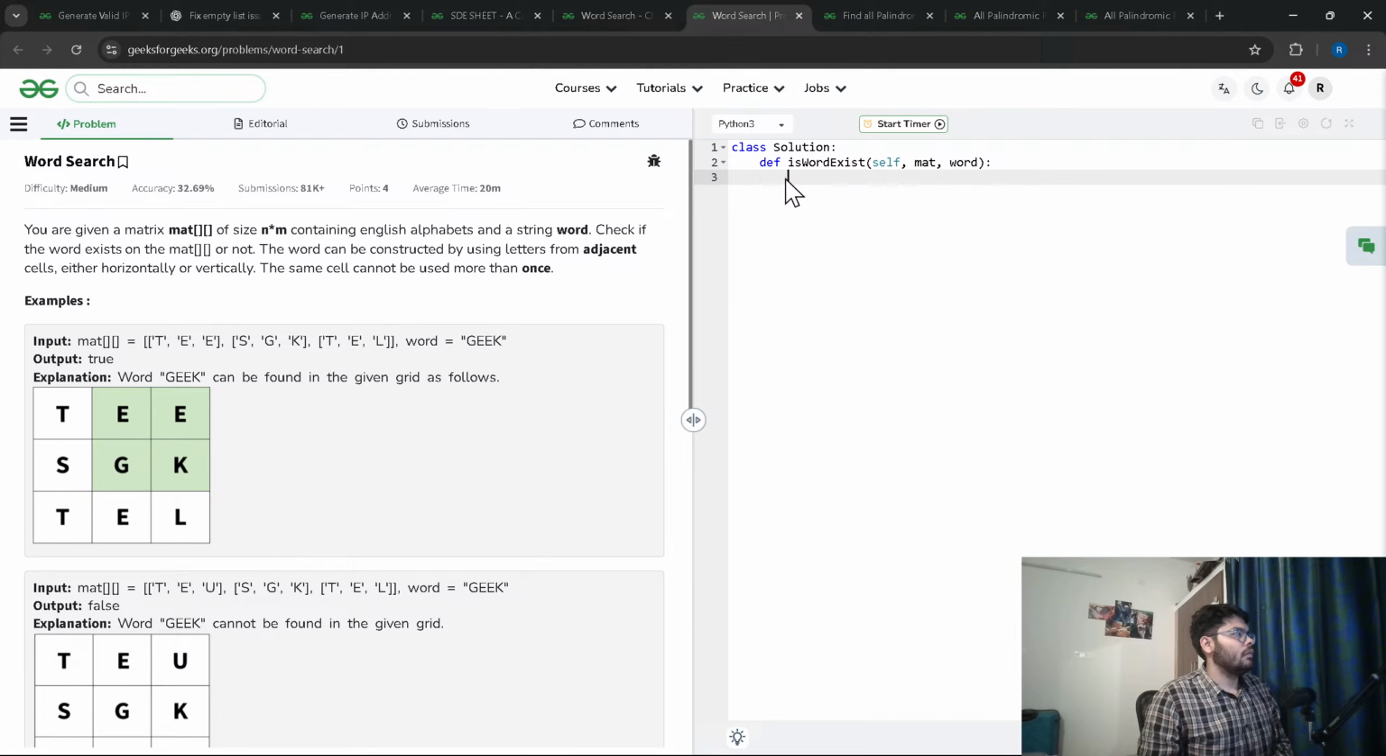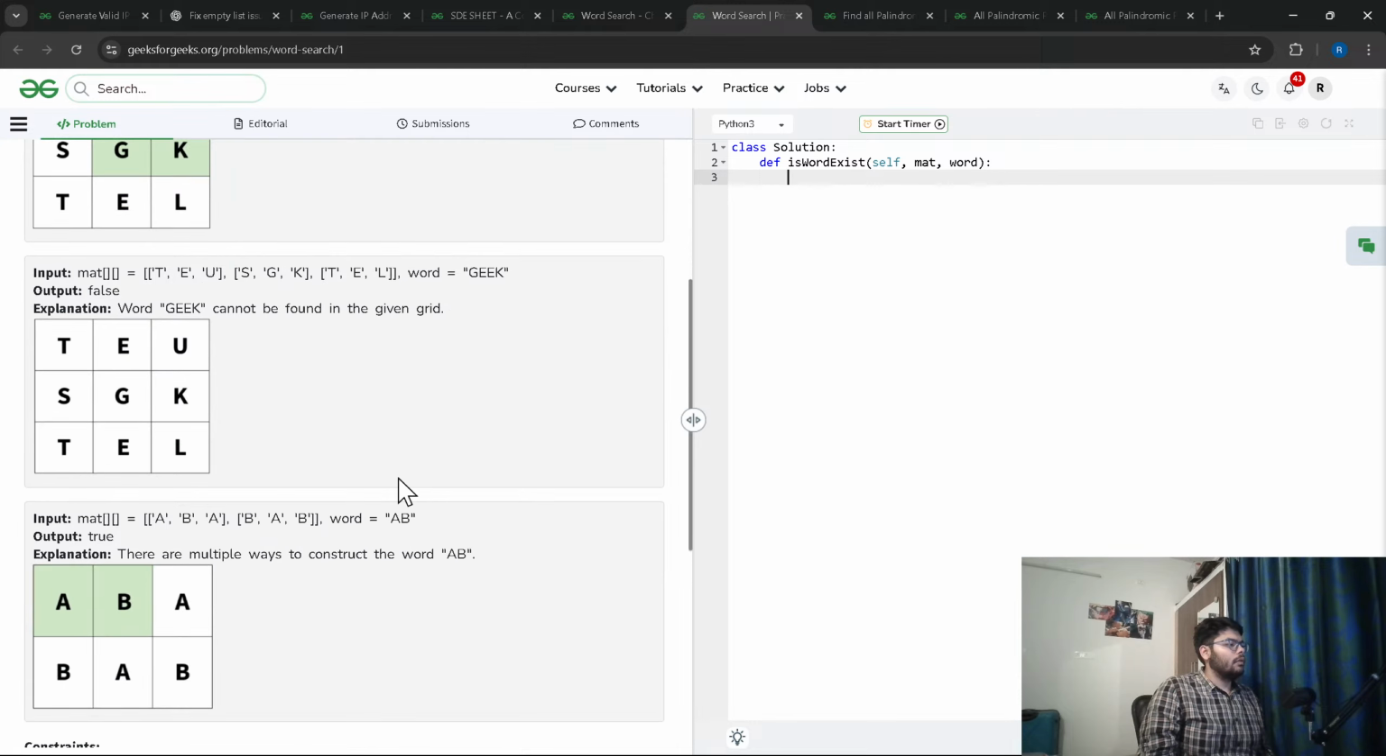You're given a matrix of size n cross m containing English alphabets and a string word. Check if the word exists in the matrix or not. The word can be constructed by using different cells either horizontally or vertically. The same cell cannot be used more than once. We need to create the word geek. If the word geek can be found,